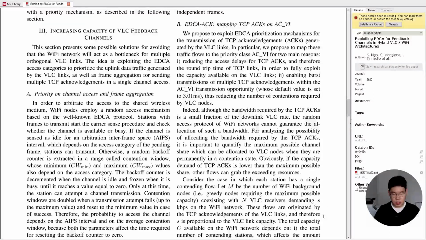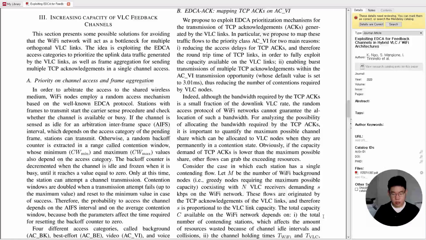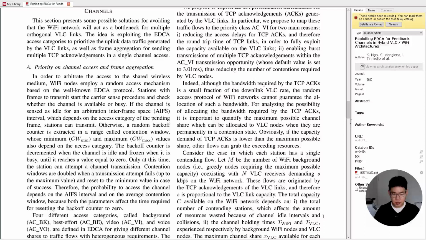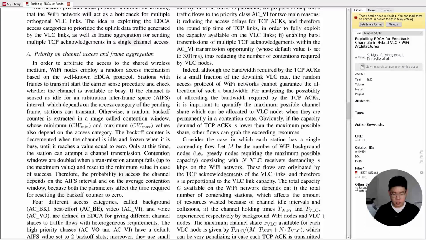These flows are originated by the TCP acknowledgements of the VLC links, and therefore S is proportional to the VLC link's capacity. The total capacity C available on the Wi-Fi network depends on the total number of contending stations, which affect the amount of resources wasted because of the channel idle intervals and collisions. Second, the channel holding times T_WiFi and T_VLC experienced respectively by a background Wi-Fi node and a VLC node. The maximum channel share X_VLC available for each VLC node is given by T_VLC divided by M·T_WiFi plus N·T_VLC,